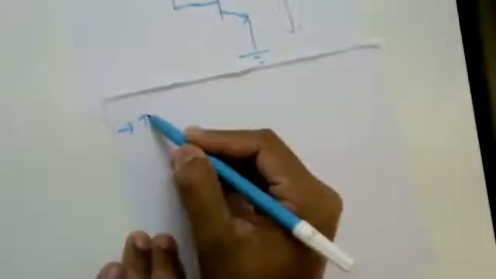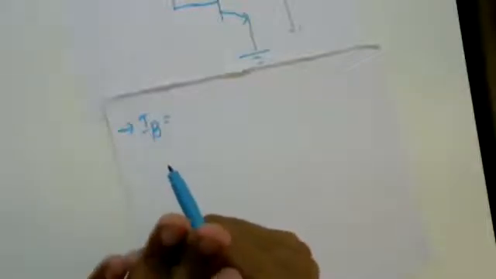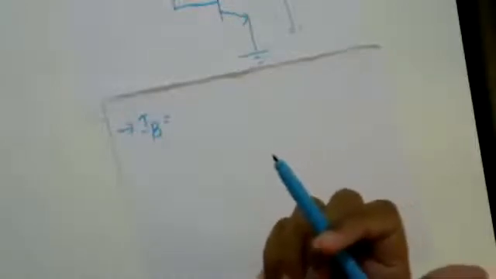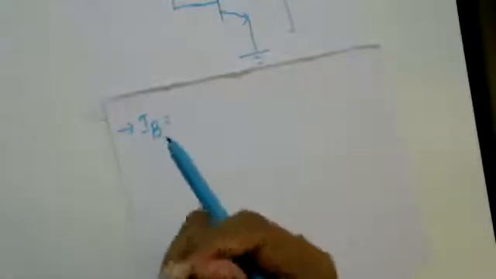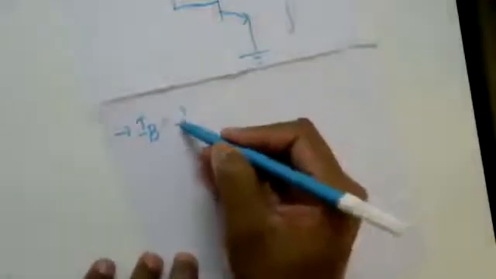Okay, so now we'll start working on this design. The first step: first we'll compute the value of IB. Now I'll ask you a question. How will you compute this IB? Will you use the equation VCC minus VBE divided by RB plus 1 plus beta times RC, somewhat that kind of equation? Yes, good Sneha. So here we'll be computing the value of IB as IC divided by beta.